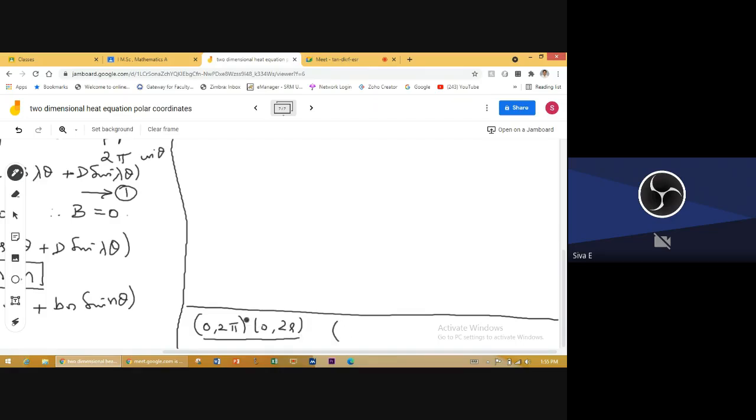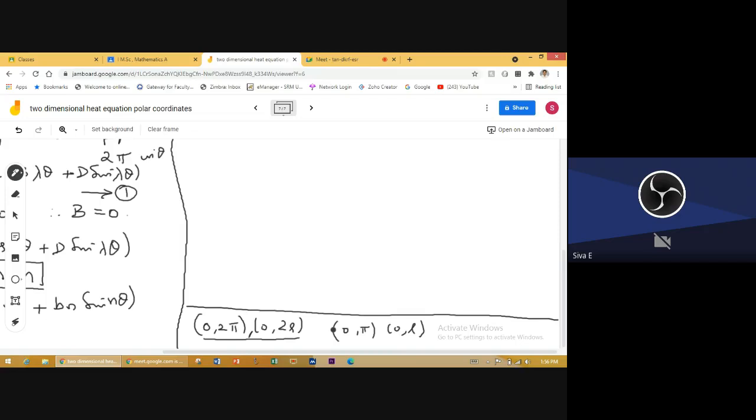If it is that, that means 360 degrees. Listen, for the semicircular plate, we have done the half range Fourier series. For the circular plate, we are doing the full range Fourier series. That is the difference: 0 to pi or 0 to L is the half range Fourier series. Even in the one dimensional wave equation, one dimensional heat equation